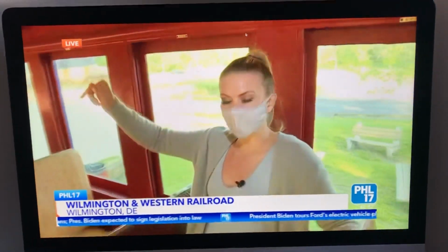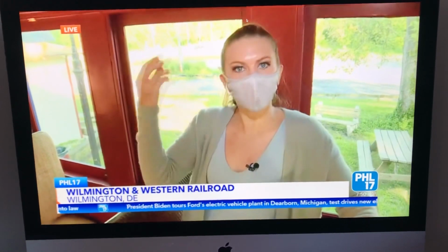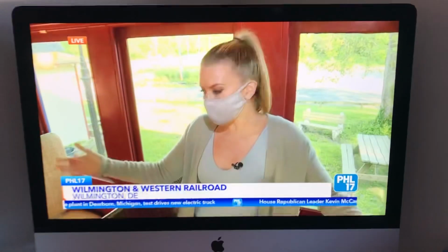Coming up in the next hour, we're going to see the caboose. And Nick and Amanda, they do also have a small museum here. Right now, the actual museum is closed because of COVID, but they are hoping over the summer that they can maybe open it back up. But regardless, such a fun Saturday or Sunday activity. Hop on the train with your family. It's a nice, slow train ride. Get off, have a picnic, hop back on. You can't beat it. I love it. Yeah, it sounds great. All right,